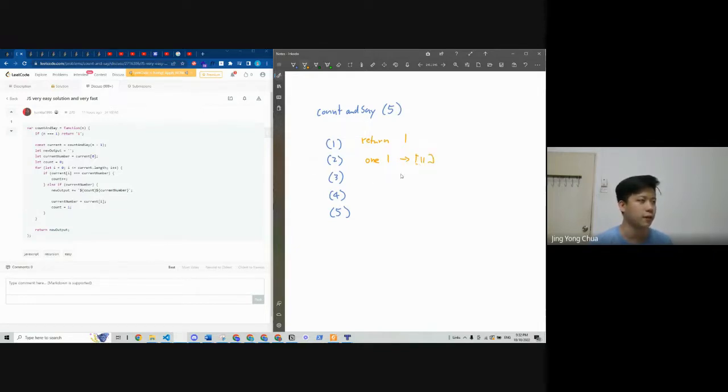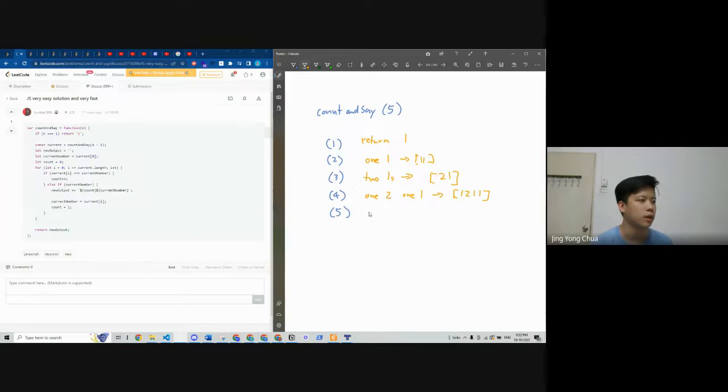All right, then after that we have 2 1s. So next, that means it will become 2 1. Then next we have 1 2 and 1 1. So this will become 1 2 1 1.